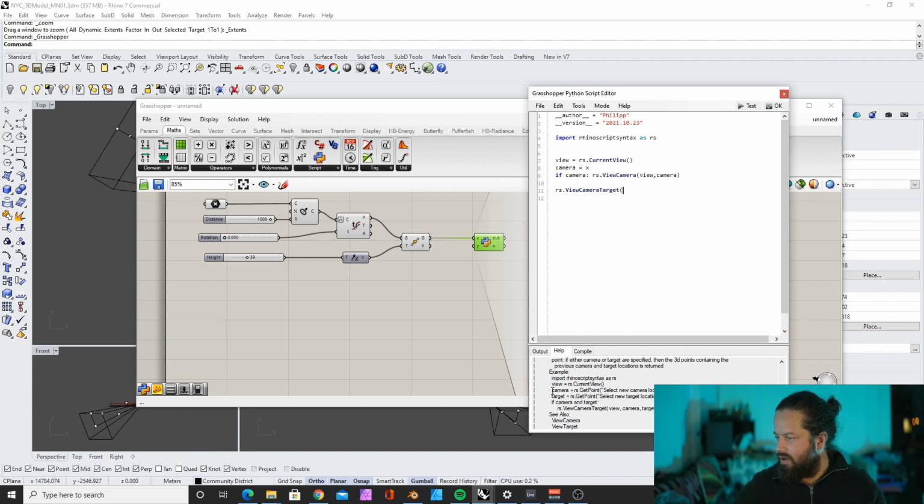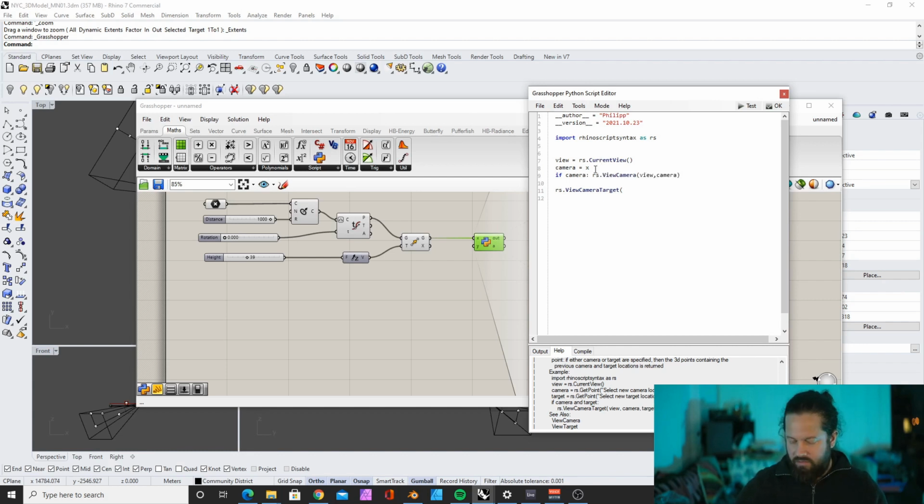We have the view. The camera, yes, we have the camera. The camera is x. That's the camera location. And if camera means if there's a camera, then do this. Set the camera view to these coordinates, to this location, and so on. And for the camera target, it takes the same kind of variables with one more, which is called target,